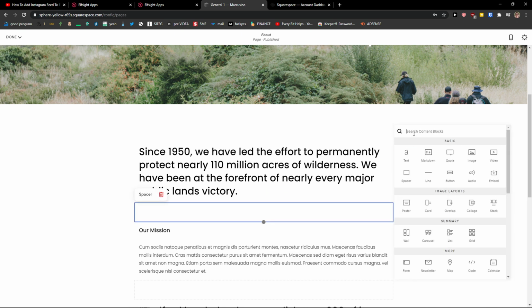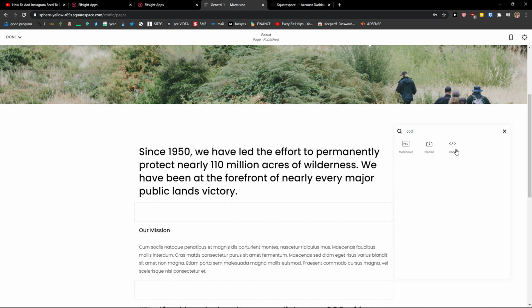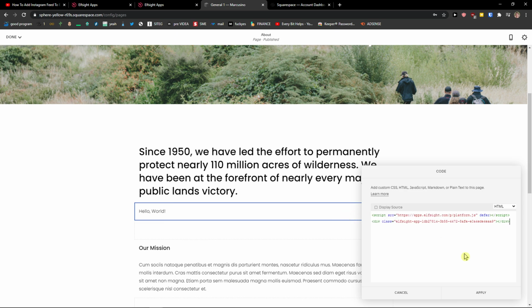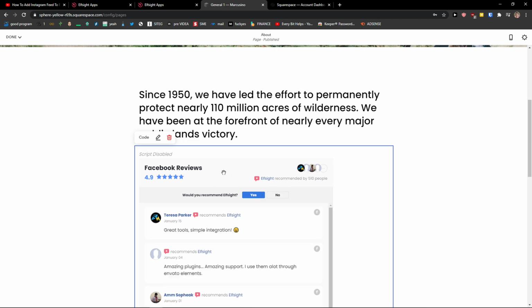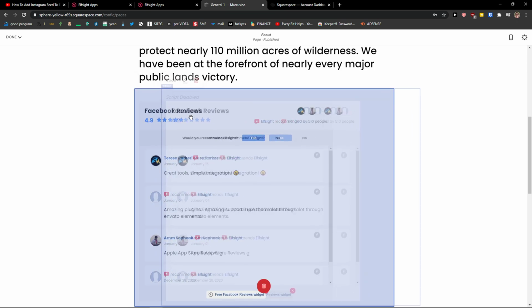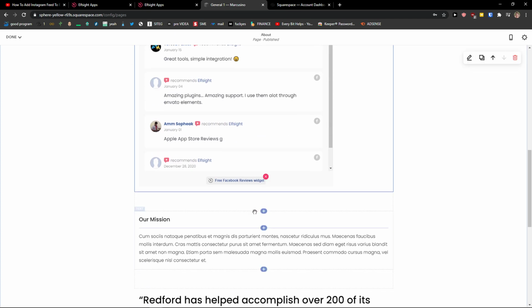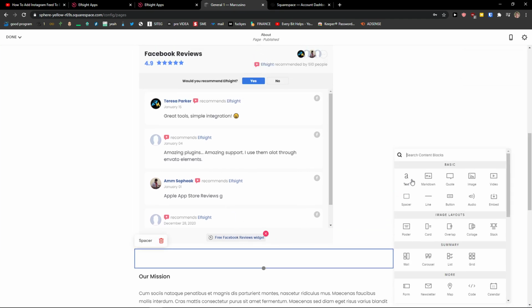Now just click plus, right here code, and paste the code here, and apply. And voila, here we got it. Pretty simple, pretty easy. What you can do also, guys, is when you have it centered like this,